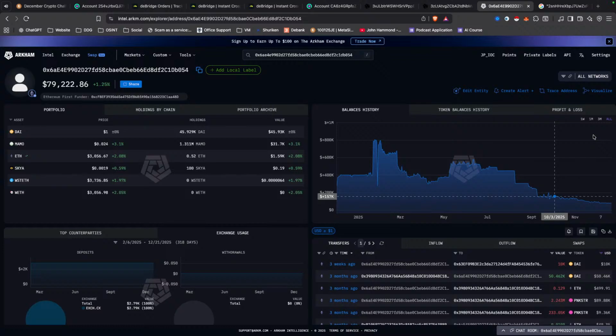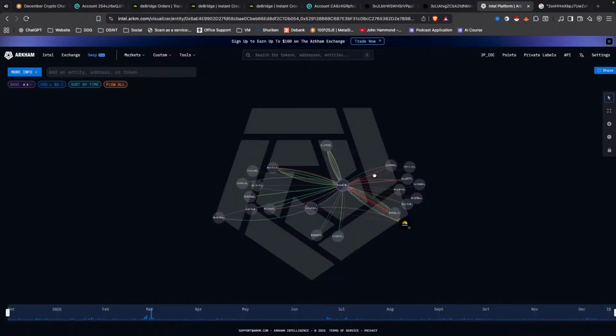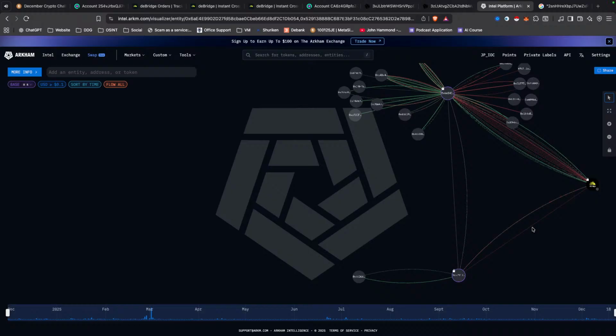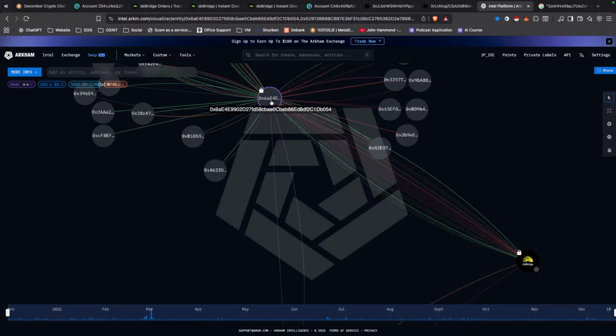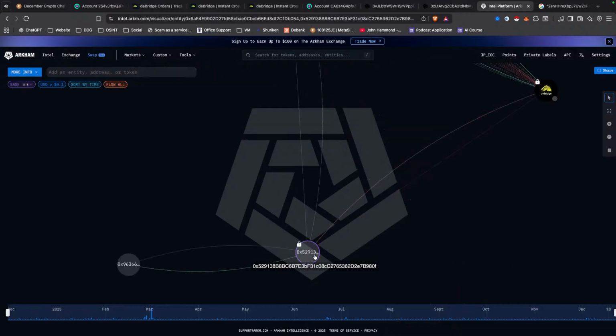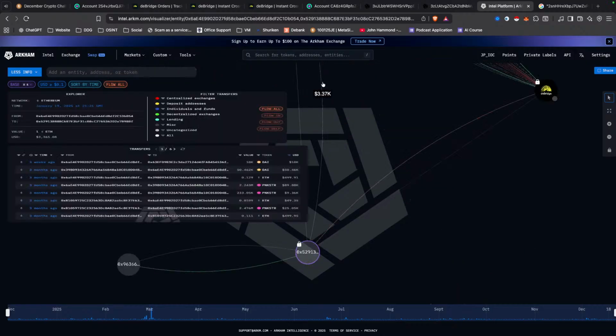If you've been on any of my training courses, you'll know how to use Arkham. I like to use the visualise tool. I'll add this second address in the top left here. What's going to happen now is it's going to look for different transactions that relate to the two addresses I put in. You can see deBridge there on the right hand side. We know that because we've just traced it. And then this is the output address, but you can see how it is linked to the input address prior to the Solana blockchain. They are linked by these transactions here.